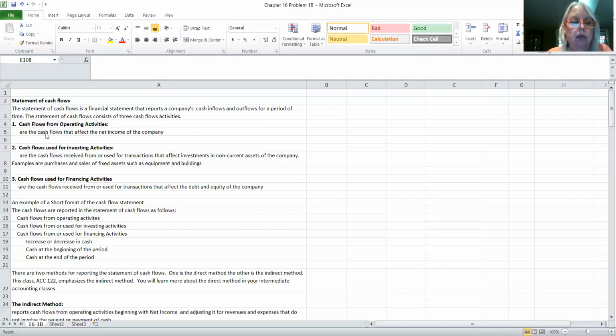The first activity is the cash flow from operating activities. In this section of the